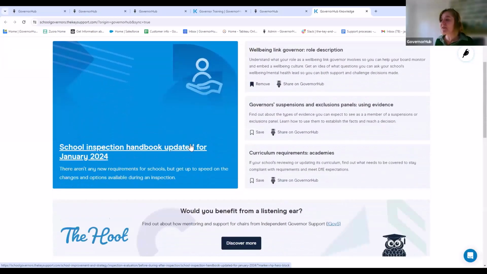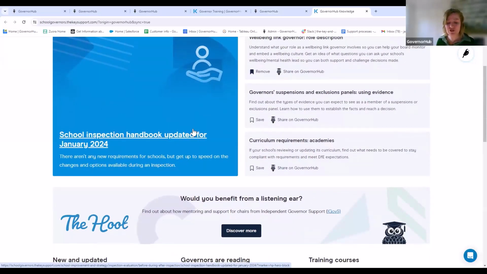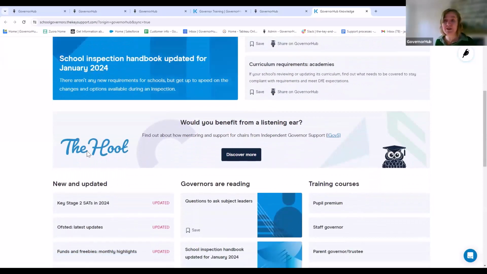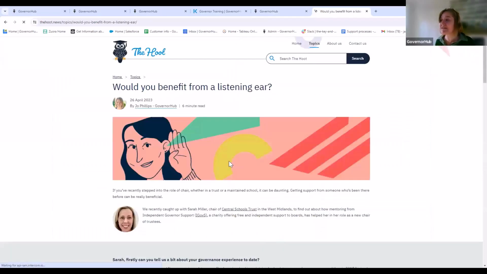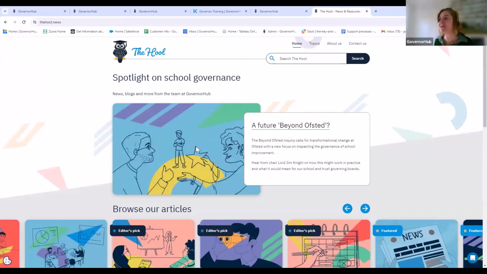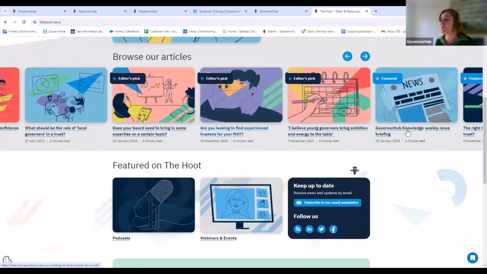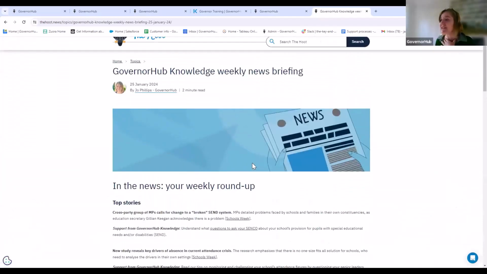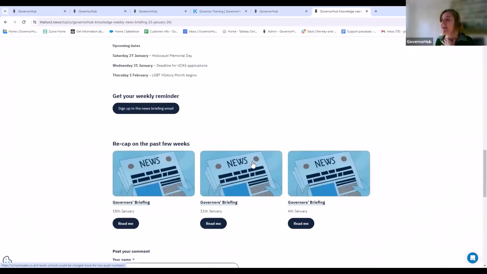The other thing that I just want to draw your attention to is the Hoot as well. I don't know how many of you have come across the Hoot, but it's our governance blog. It's a really great resource that is also available, which has regular articles about governance, and also we have a weekly news briefing as well. And what you can do is actually at the bottom of there, you can sign up to receive this news